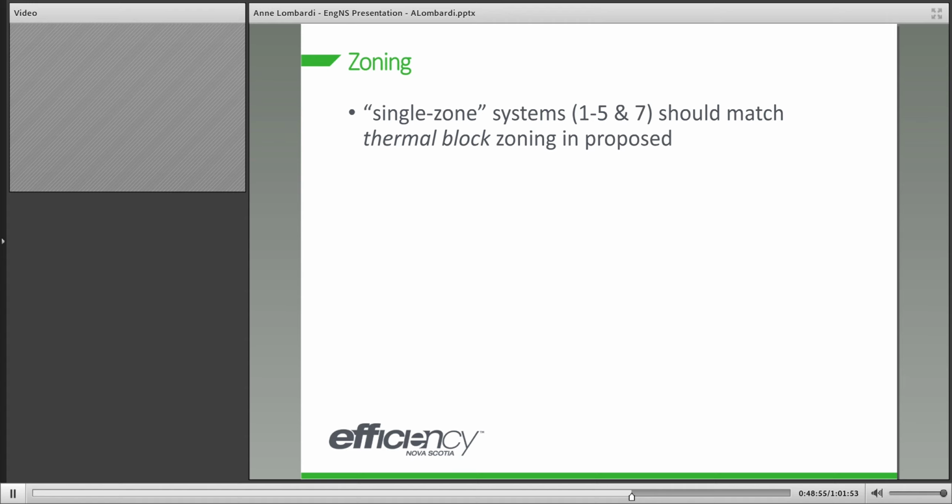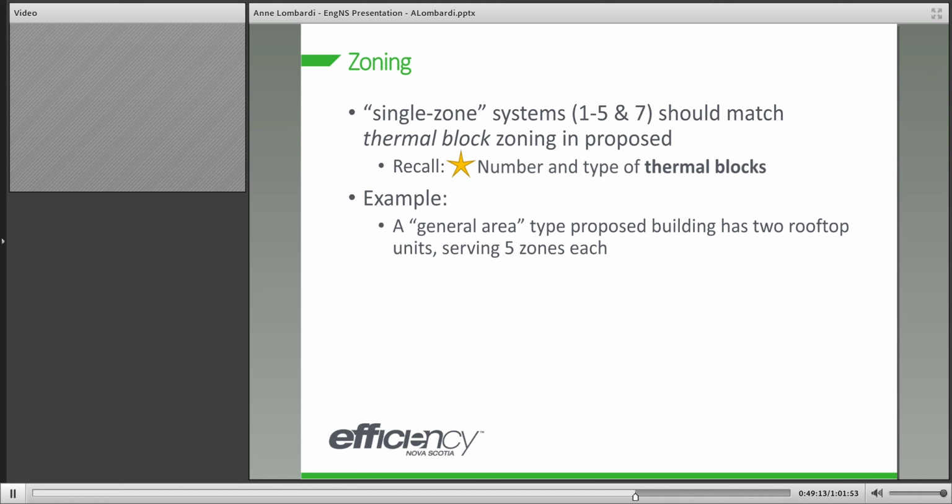So the systems that you'll select for the building, all the single zone systems, 1 to 5 and 7, their zoning should match the thermal block zoning in the proposed. So even though the NECB tells us that it's a single zone system, we have to keep in mind that